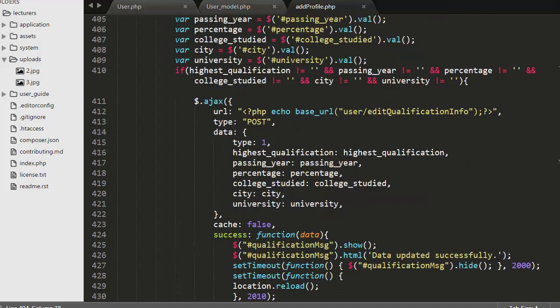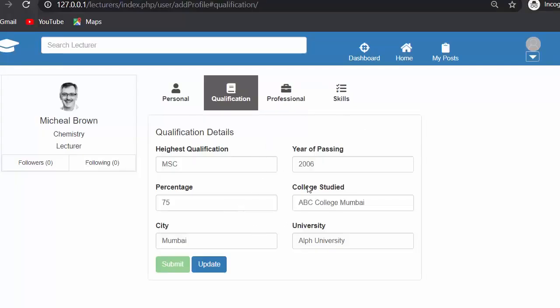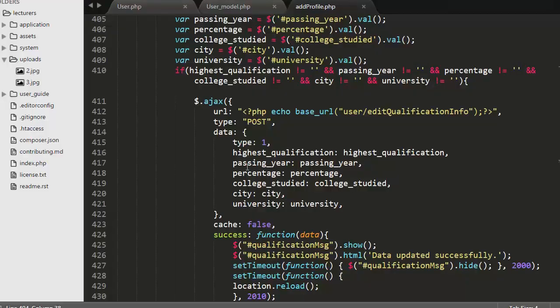If user has clicked on update button by entering all the details in each and every text box, then control will come inside this if block, where I will be making an AJAX call. Here I am making a post AJAX request to this edit qualification info function which I have created inside user controller. So here I am creating a JSON object, and to this I am passing all the data which I am collecting from this form: highest qualification, passing year, percentage, college studied, city, university. So I'm storing this in the form of